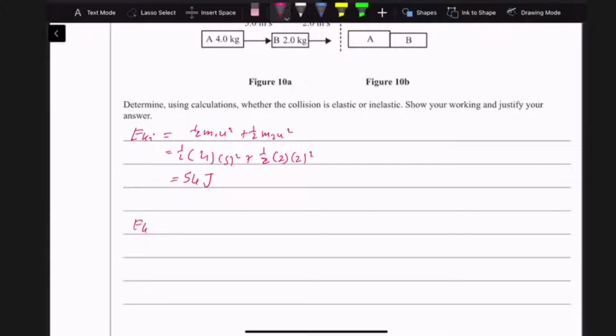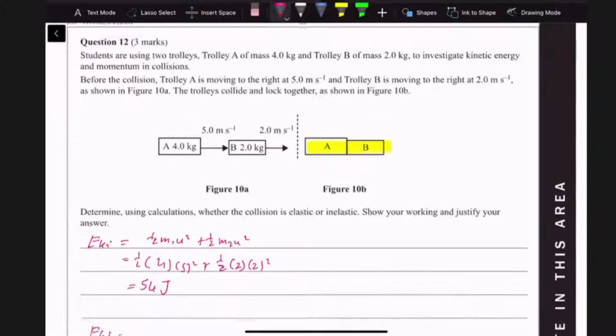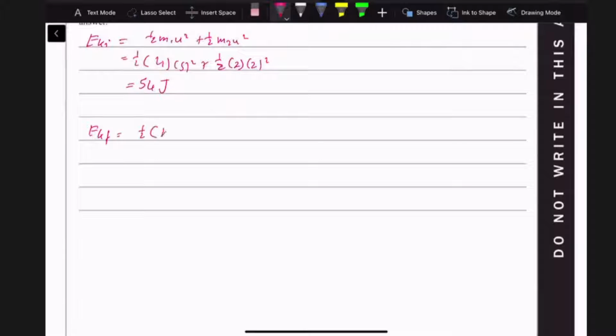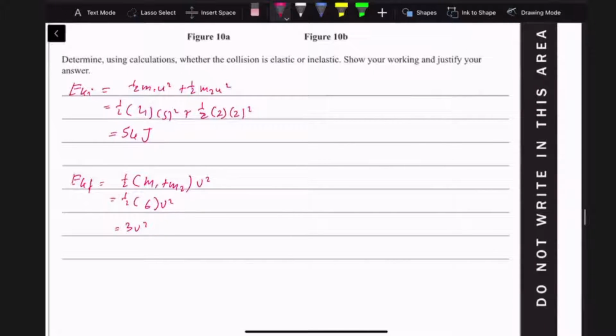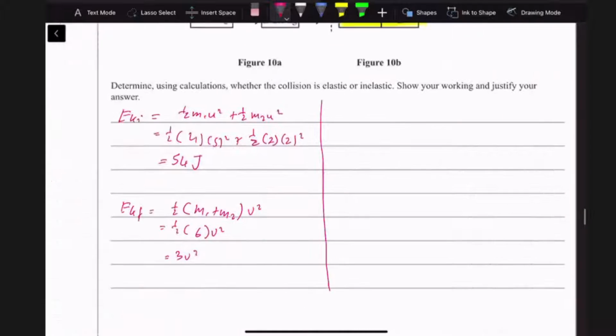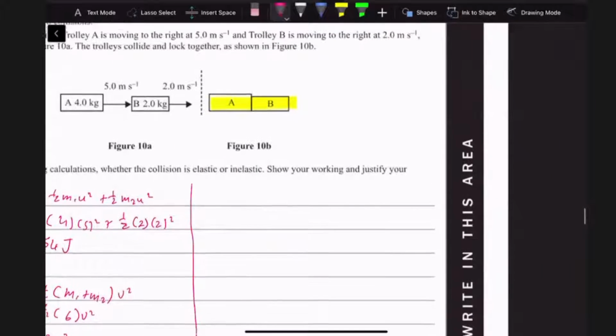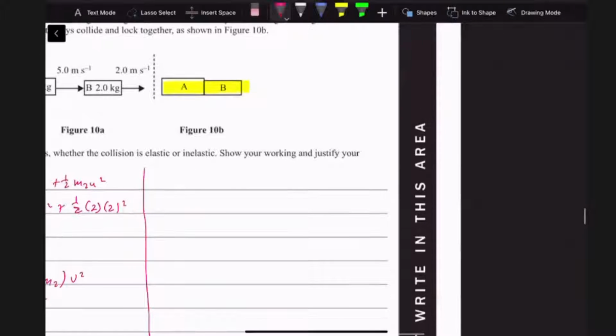And then kinetic energy after is, since they're connected bodies after the collision, we can consider their masses together. So half (m1 plus m2) times v squared. So half times 6 times v squared. But we actually don't know what v is here yet. So we have to use conservation of momentum to figure it out. It's probably best to do this step before, but you might not realize that you're missing velocity. But yeah, it doesn't really matter as long as you can show working out and show how you got the